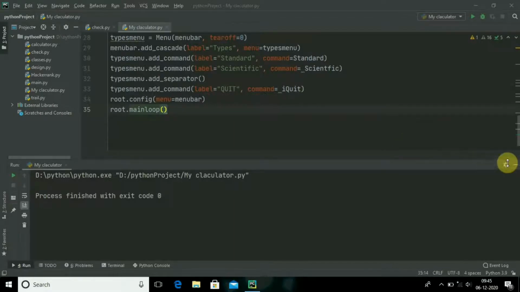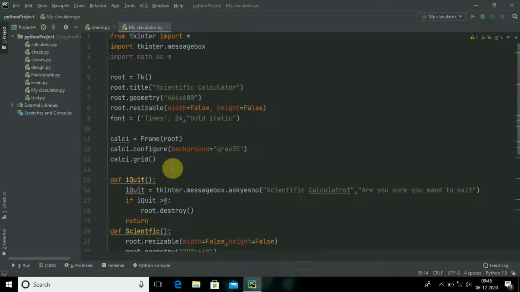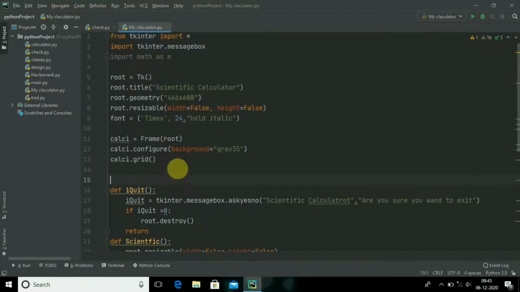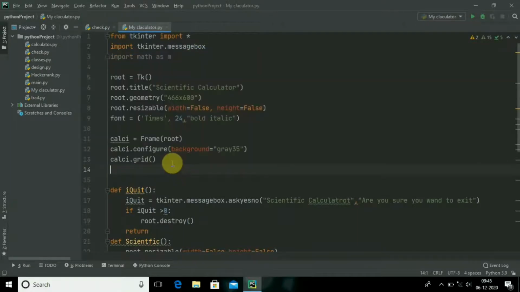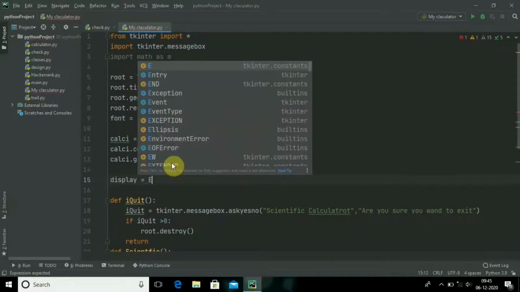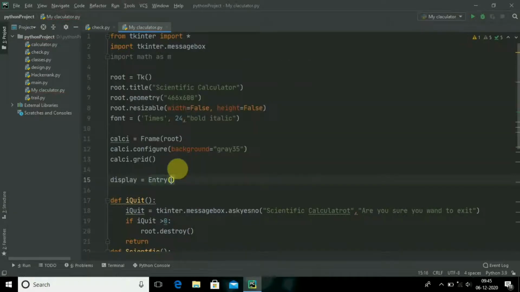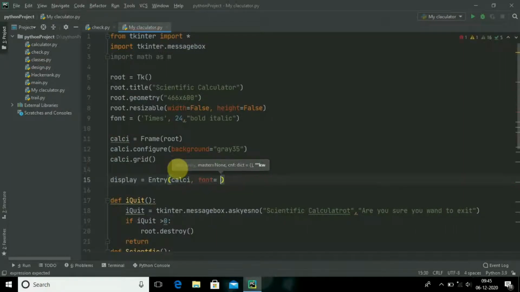Our next step is creating display. For creating display, I will be using the widget entry. Let us say display equal to entry widget, and it should contain the frame calci. Font, already I have given the font, times 24 and that one.